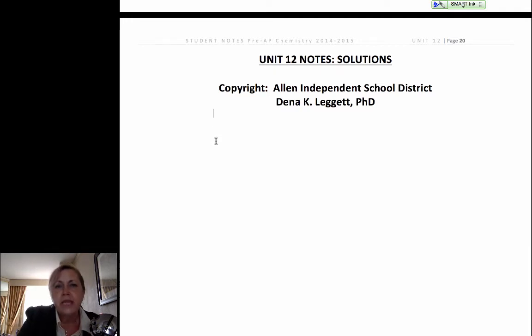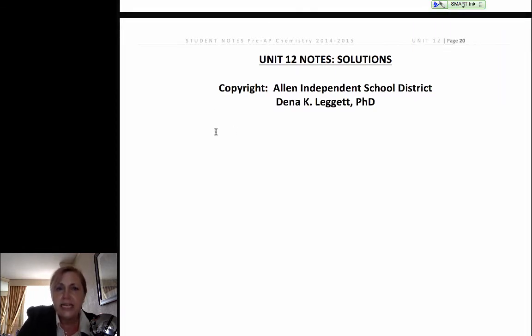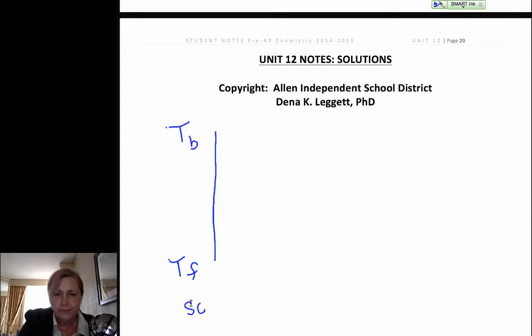a solvent. The first one we're going to look at, really the only one we're going to look at right now, is colligative properties, and the two colligative properties we're going to look at are changes in our freezing point and our boiling point. So if we have a freezing point and a boiling point of our pure solvent,